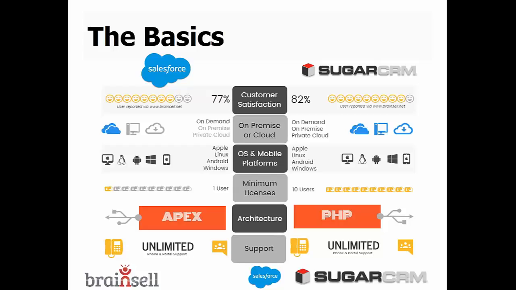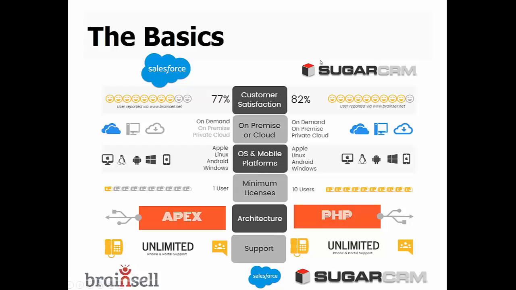Yeah, that's oftentimes one of the first questions that eliminates Salesforce. And believe it or not, you're about to get something that might eliminate Sugar. So some of these questions can eliminate one or the other really quickly. You look at the row above, the customer satisfaction. Customers are relatively happy with both products, a couple of percentage points here or there. This is all done through our internal studies and marketing at BrainCell. If you go down below to the OS and mobile platforms, they're evenly matched up. Again, we're talking about two best-in-class CRMs in the marketplace. They're the big elephants in the room.